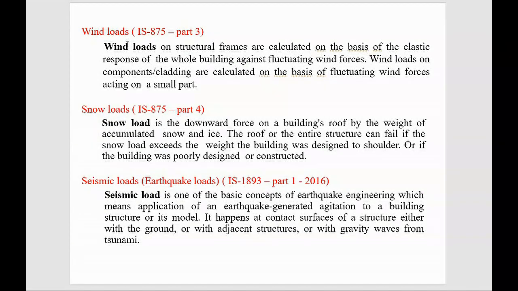Also when we construct a high rise building above the fourth or fifth floor, definitely we should consider the effect of the wind load. It may have a huge impact on the building, and for a small residential building this is not important.